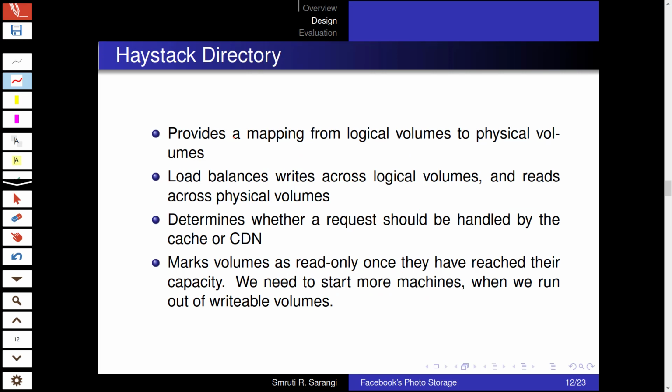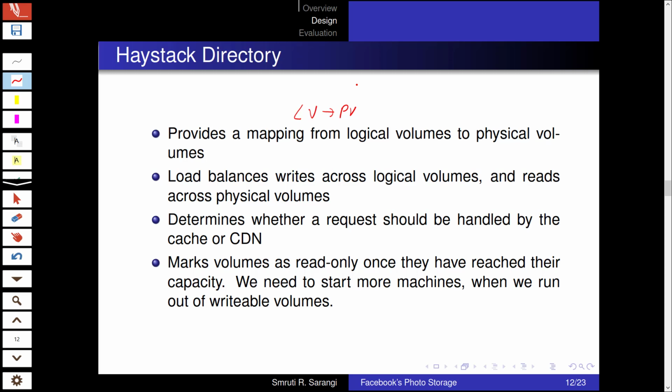So let us now discuss the functionality of the haystack directory. As we have discussed before, it provides a mapping from a logical volume to a physical volume. This is like deciding which replica we need to send the request to. Note that in this case, since this is read-only, immutable data, we don't really need a quorum.